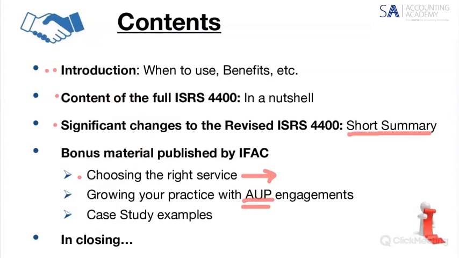So let's say they've got a system, POPIA, for instance. They've got to remain POPIA compliant. If they have no idea whether or not they are, they can actually engage you to monitor their process of POPIA compliance. And that would be an agreed upon procedures engagement. You would then come out and say, this is what you should have done, and this is what you have done. Right. And then we'll be looking at 6 case study examples.